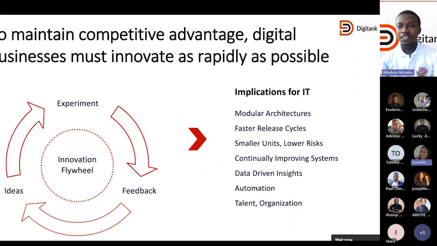So the implication on IT for digital businesses or wanting to go global is that you need to develop more modular architectures. You need to have a faster way of releasing new features to your end users, and also incorporate automation into your application delivery processes. So this is the implication modernization or going digital has on IT. So now that we've understood